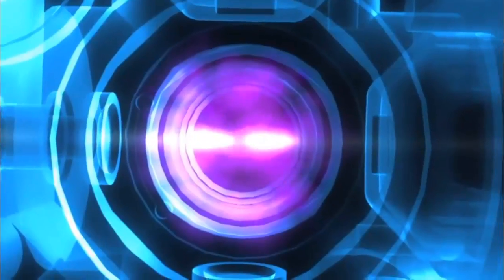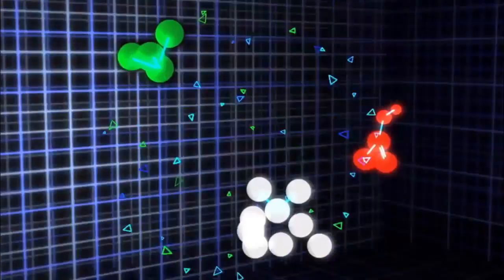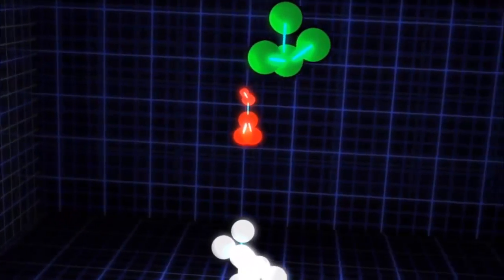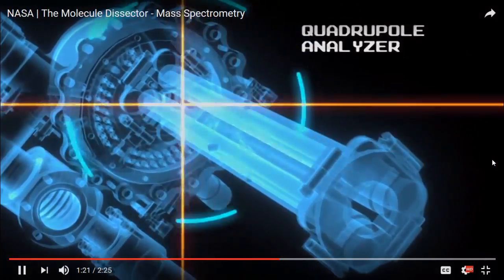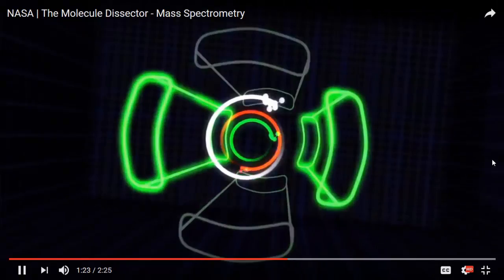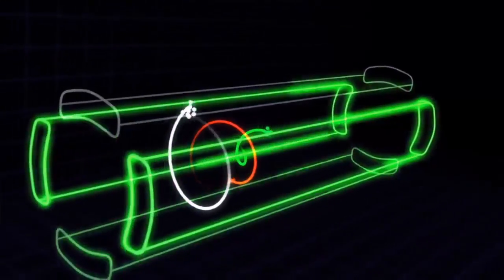The gas is sent into the mass spectrometer, first hitting a piece called the ion source. Here, a stream of electrons hits the molecule, breaking it into fragments and giving each fragment a charge. Next, the fragments enter what's called the analyzer. Here, they're separated based on their mass, and the analyzer is tuned so that only the fragments we want to